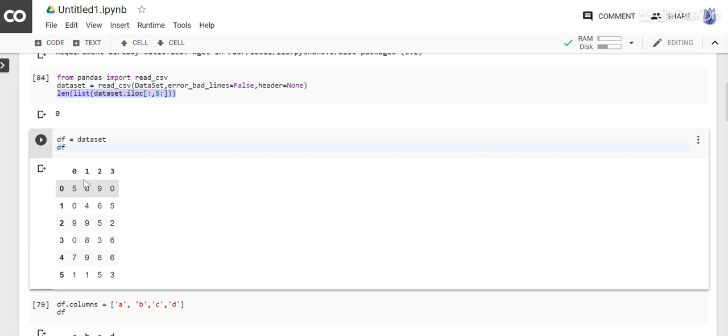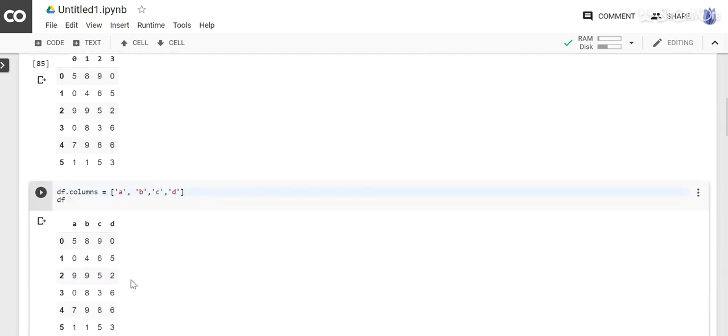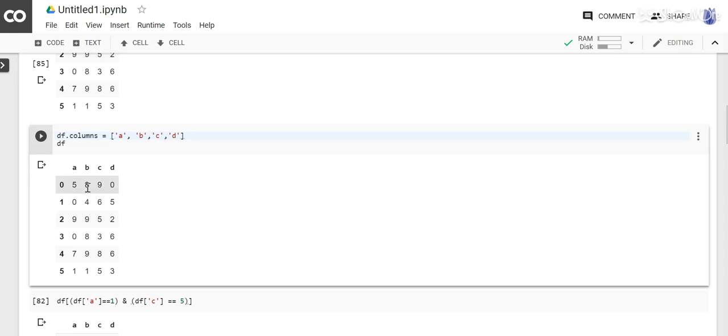You can see, because I don't have any headers, this data frame has 6 rows with 4 columns and a default header 0 to 3. Now I give a new header to this data frame and name the columns A, B, C, D. Then I print this data frame out. You can see that's a new data frame with A, B, C, D as the 4 columns and all the rows,